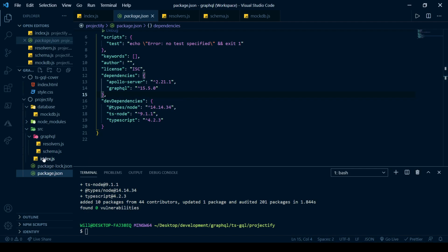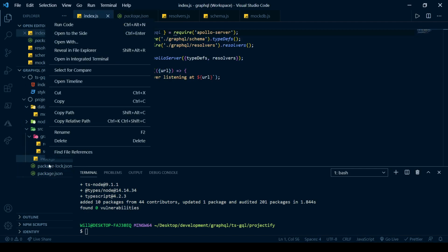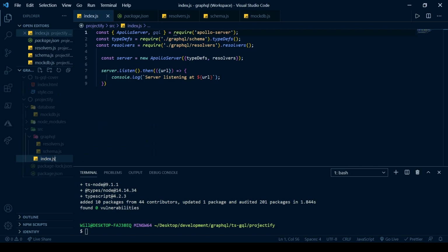All right, so maybe the first thing you want to do is go into your index.js file, or not go into, but actually let's rename this to be a TypeScript file. All right, and also what we'll want to do is initialize things with TypeScript. So we'll say tsc init,